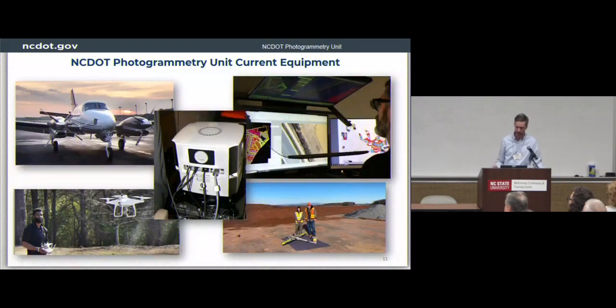Oh, let me back up one more. One more thing too, the top right is the 3D PluriView monitor we use. I don't know if most of y'all maybe saw it. We actually had it at our booth yesterday. I see some nods shaking yes. But this